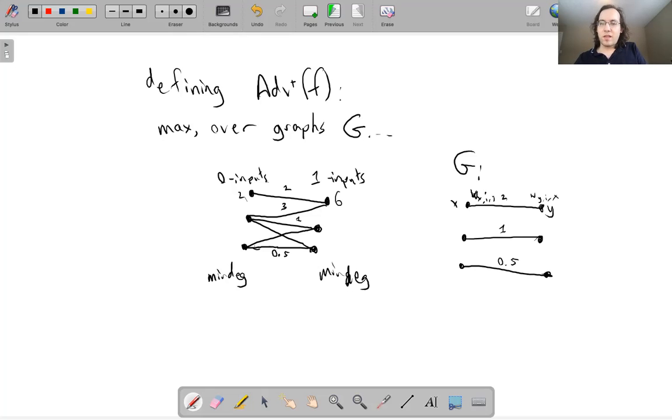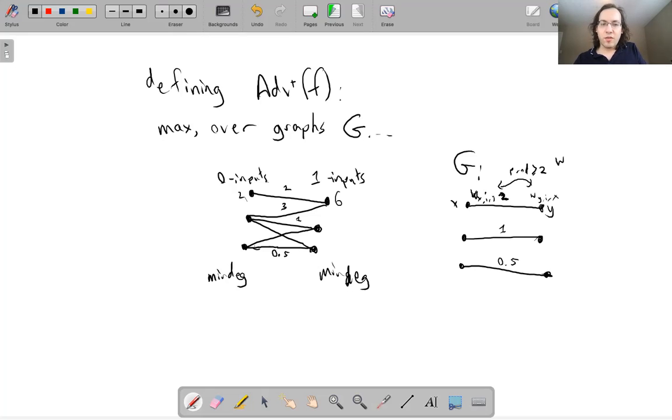So you'll have this complicated set of weights, and the requirement is that the product of the left weight and the right weight is at least 2,